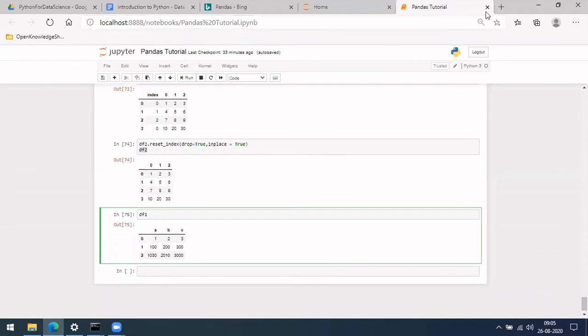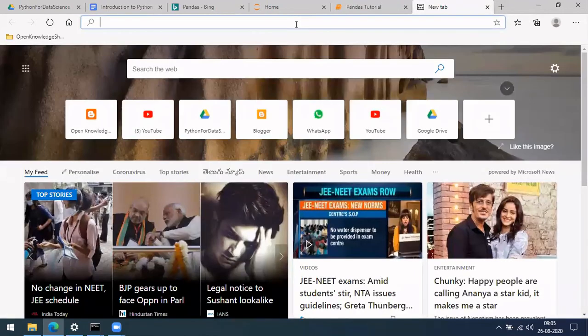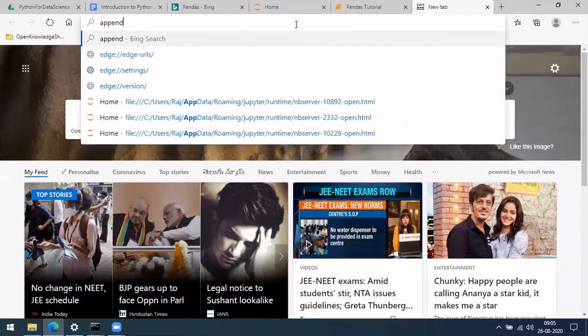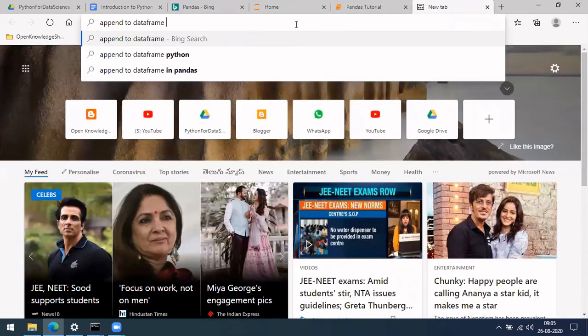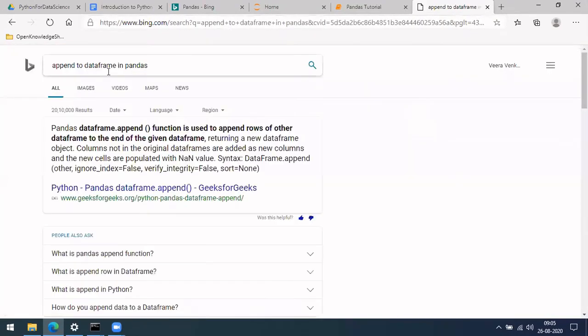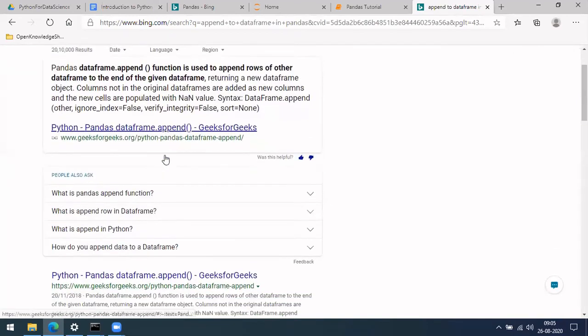Okay, so let me open this and Google it quickly. Append to data frame.